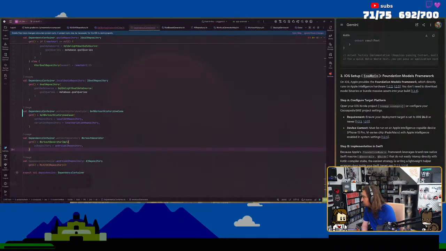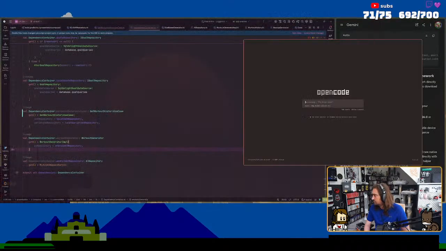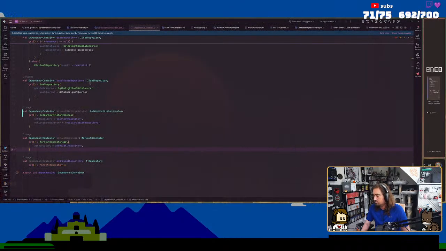I did work with this one. Compose preview, compose preview. Yeah, all right. So I don't actually have this.